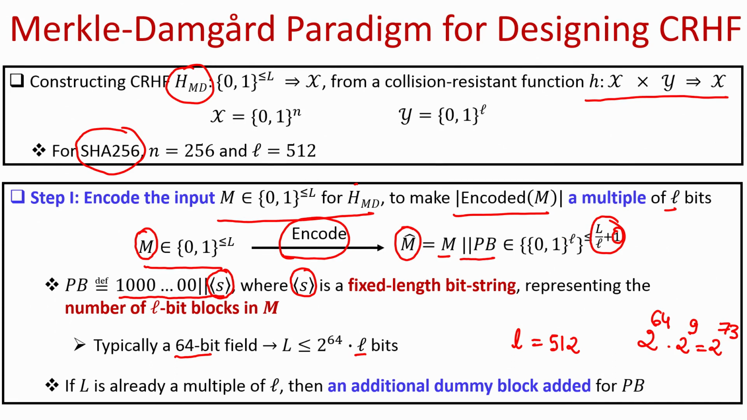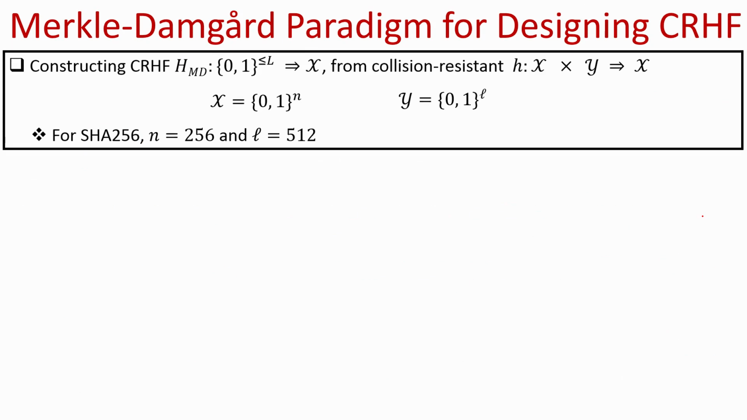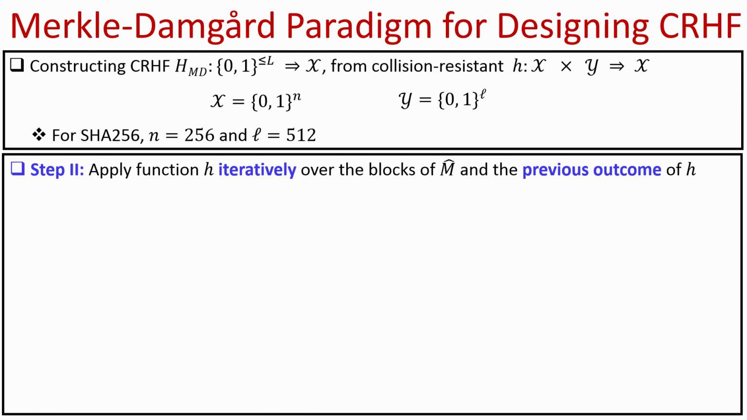So, if the m is already a multiple of little l, then you have these many blocks of little l bits, and we are actually doing a padding, namely we are adding a full dummy block. So, that is why the number of blocks of little l bits which could be present in the encoded input is actually this, right. So, now once you have the encoded input which you want to hash,